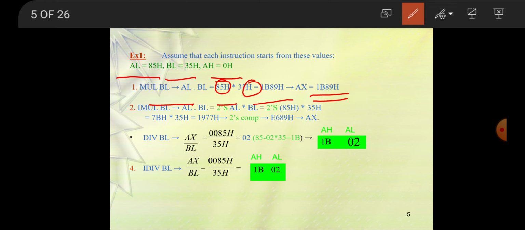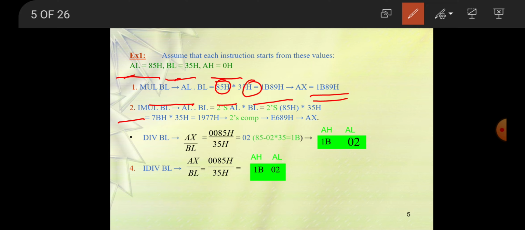Similarly I will take IMUL. In that, it multiplies BL. First it makes the 2's complement, in signed multiplication, so whatever the values of AL and BL, they are converted into 2's complement, and then it multiplies.